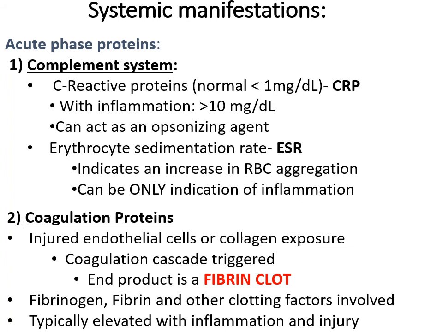And the complement system we've spoken about, the two that we can check for in the bloodstream are CRP and ESR. What do they tell us? They just tell us that there's inflammation occurring, right? It doesn't tell us where the inflammation is coming from. It just tells us that the liver is producing proteins that we can check in a blood test, CRP and ESR,